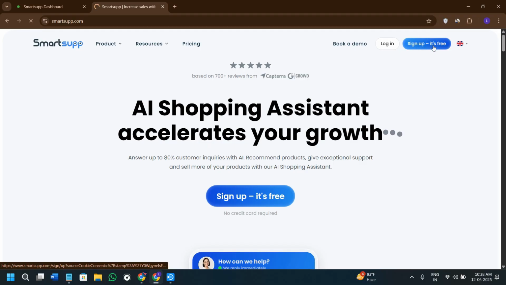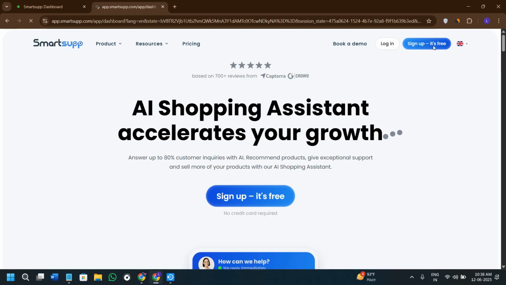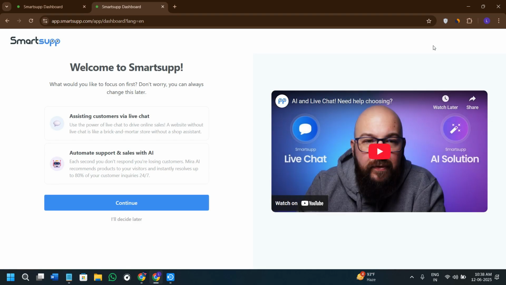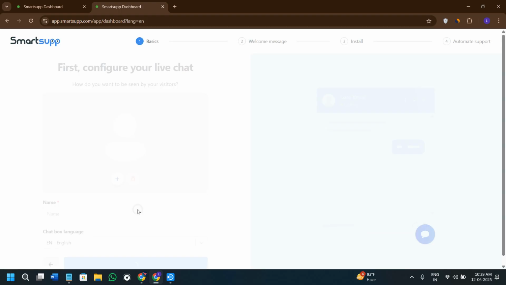After clicking on this sign up option, you will have to provide your email address and create a strong password for your account. You can also create your account with the help of your Google account. Then you will see this type of welcome page in front of you. Over here, you can choose whether you want to use it for assisting the customers via live chat, or you want to use it to automate the support and the sales with AI. Since you want to know more about the live chat option, you will have to select it and press